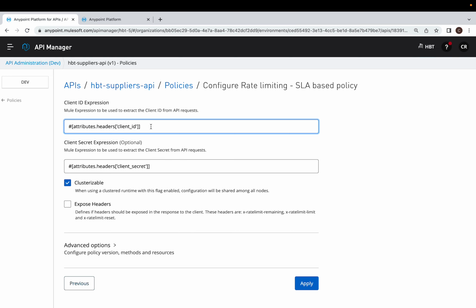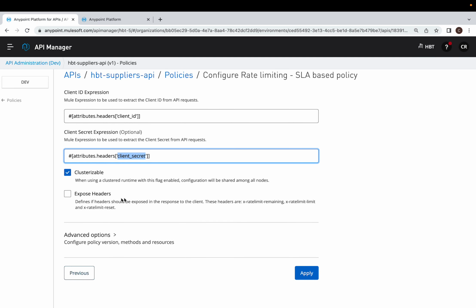So to identify those things we have client ID and client secret which needs to be sent as part of the headers. We can define it in a different way also based on the type of IDs that we wanted to use. So we need to provide this client ID, client secret. In case it is RTF, then it is not going to allow the underscores within the headers. So we have to provide the client ID and client secret as part of the headers while sending a request to this particular service. I am going to use expose headers,